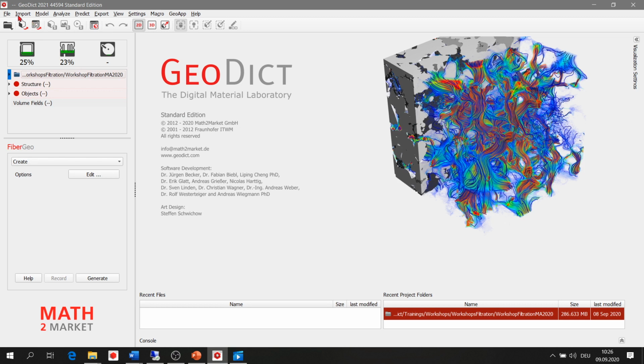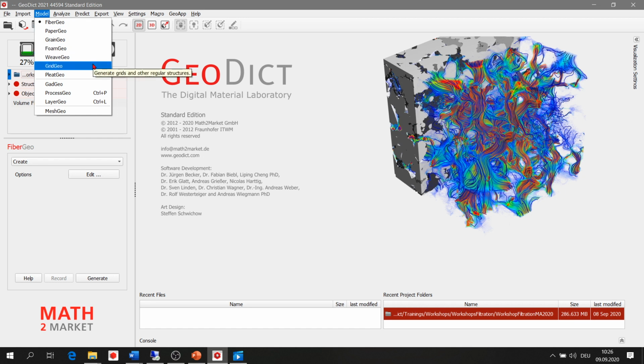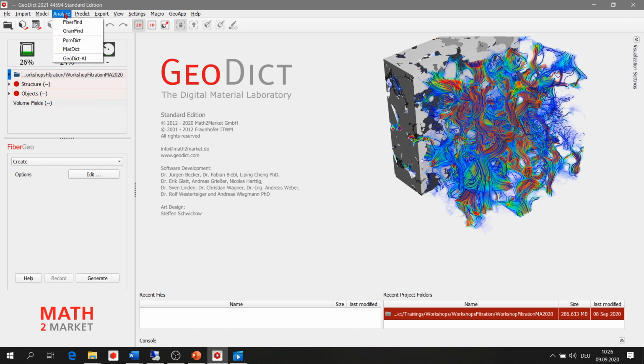So here on the top, you find the list of modules from import of CT scans and CAD data up to structure generator modules like FiberGeo, PaperGeo, GrainGeo, and etc. And the analyze modules for defining the geometrical characteristics of your media. So we have FiberFind, GrainFind, PoroDict, and MatDict.